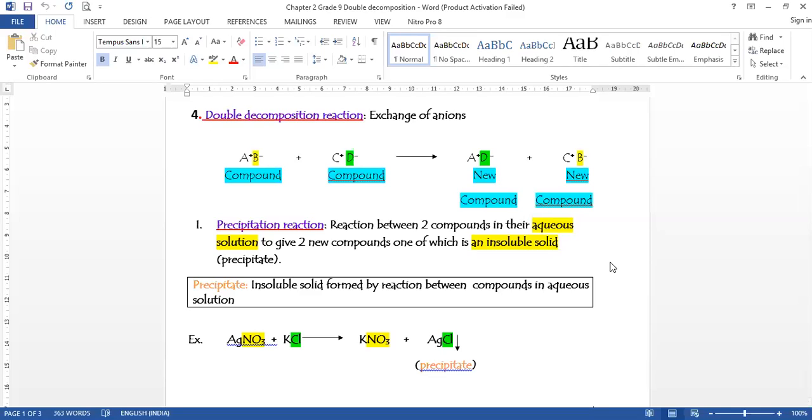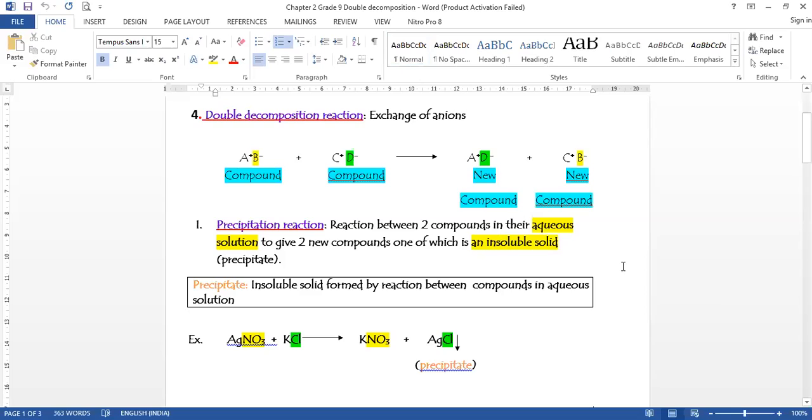So the general reaction is given to you on the screen. That is, two compounds react together and they form two new compounds. And the anions are the ones which are getting exchanged. That's the reason why we are calling it exchange of anions. So when we are talking about double decomposition reactions, there are two types of double decomposition reaction, which is